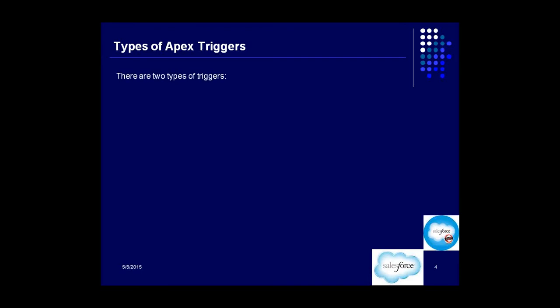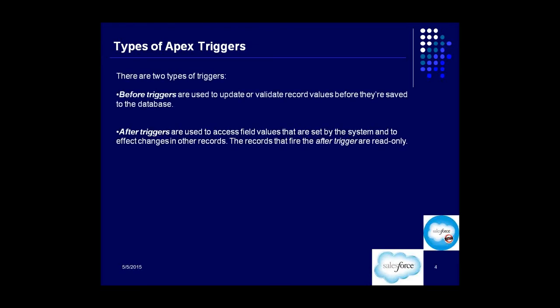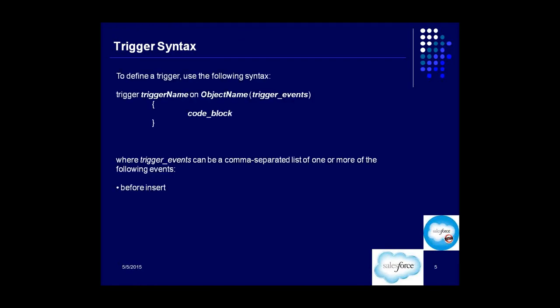Now the types of Apex triggers are before triggers and after triggers, right? So the events are before insert, before update, before delete, after insert, after update, after delete, 6. Okay, and after undelete. So undelete is when a record which has been moved to the recycle bin is restored. That is called undelete. You deleted some record and then you go to recycle bin and restore that. That is called undelete.